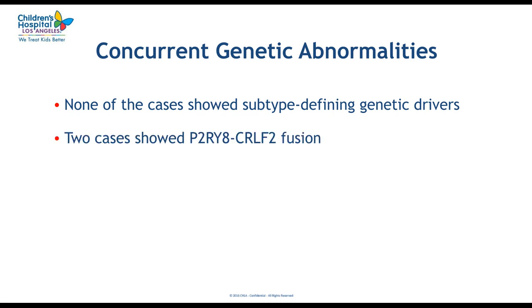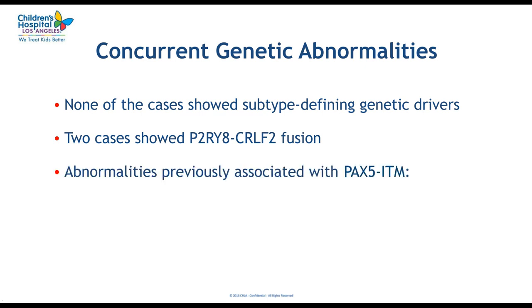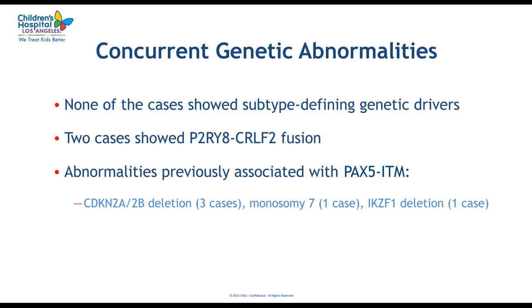But we did have 2 cases with P2RY8::CRLF2 fusion as described previously. So again, we are recapitulating this previously described association of this abnormality with P2RY8::CRLF2 fusion. And we also detected some other genetic abnormalities that have previously been described to be enriched in cases with this PAX5